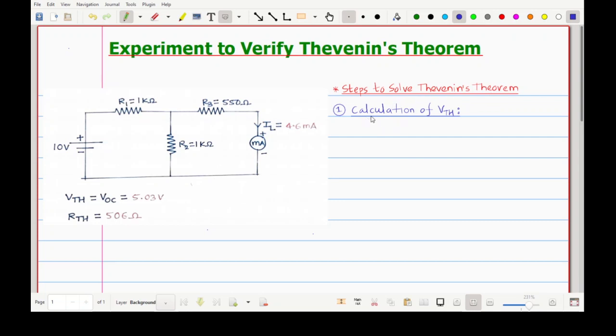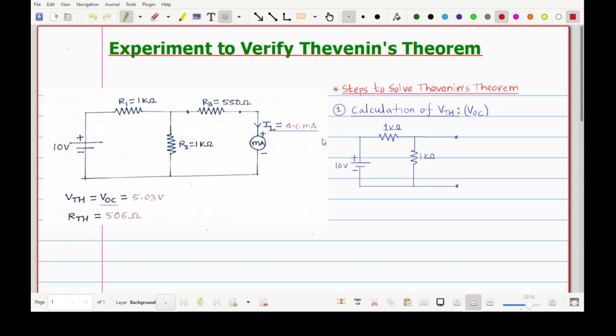and you know that the very first step is calculation of Thevenin's voltage. Sometimes this voltage is also known as open circuit voltage, just like we have written over here, open circuit voltage or Thevenin's voltage. Okay. So what we have to do basically, here we will remove this load resistance. Okay. R3 is now acting as load because we are measuring the current flowing through that resistance. Okay. So we will remove this resistance so that we will get 2 open points. Okay. In between these 2 open points, we will measure VOC.